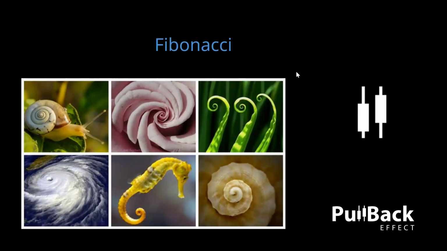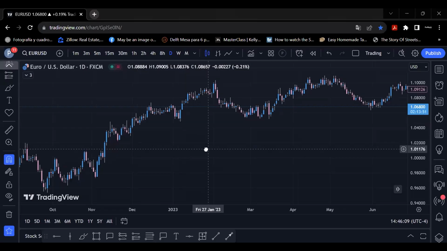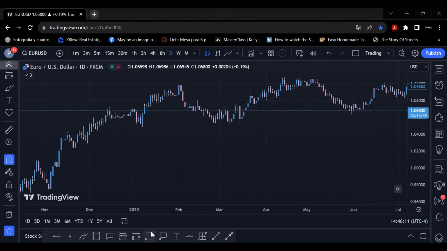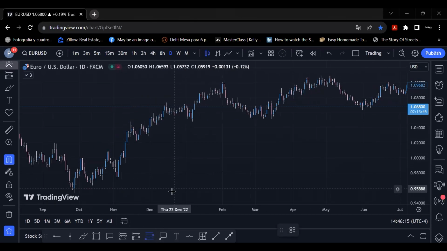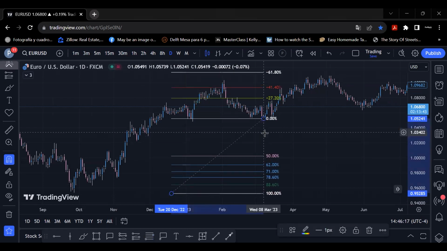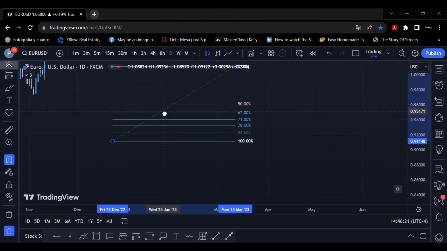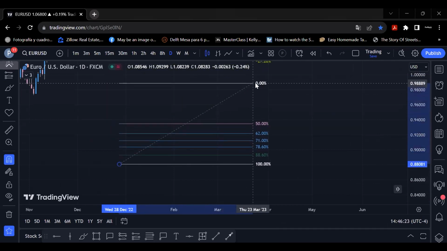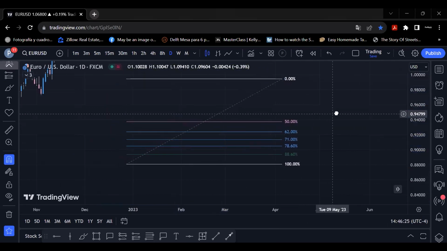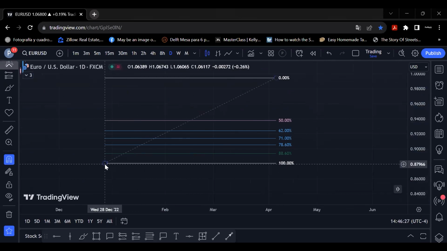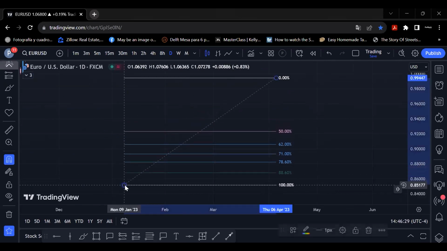So there's a tool in trading that's called the Fibonacci or fib retracements. This fib tool helps us understand or find a certain sequence in retracements in price. Okay, so I'm going to give you a really good, simple example about the fib tool. And we primarily use it to